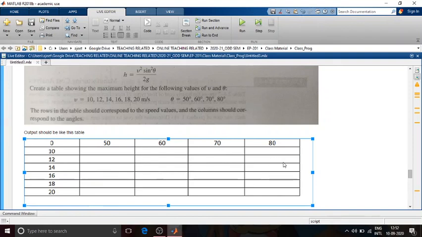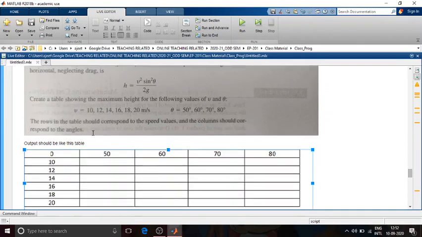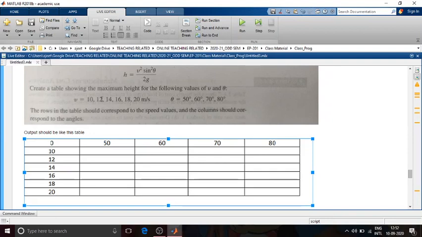So you need to create a kind of matrix. If v has a dimension of 6 elements, and theta has a dimension of 4 elements,